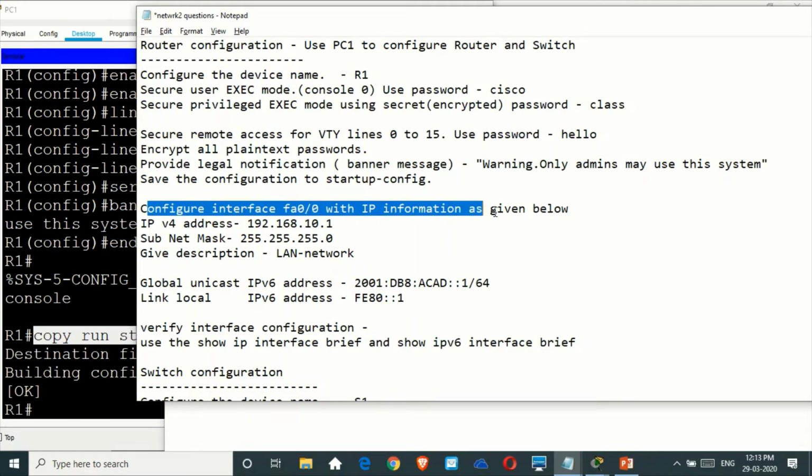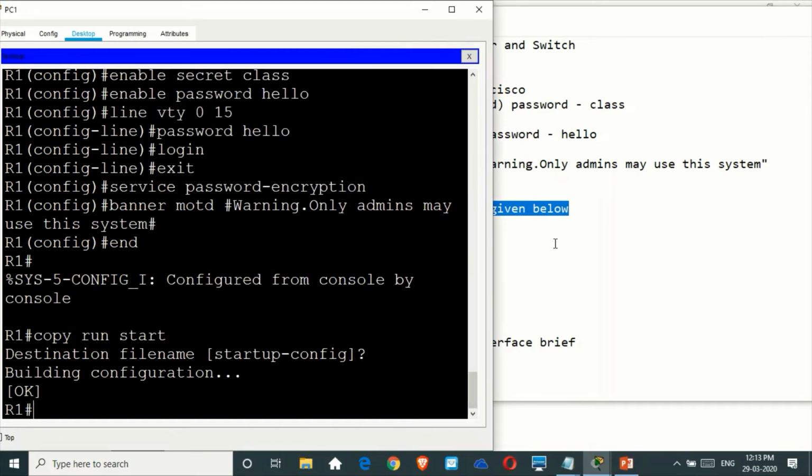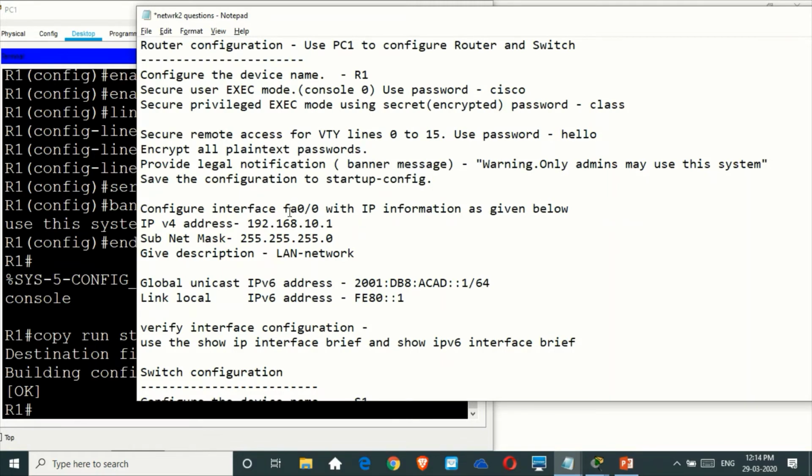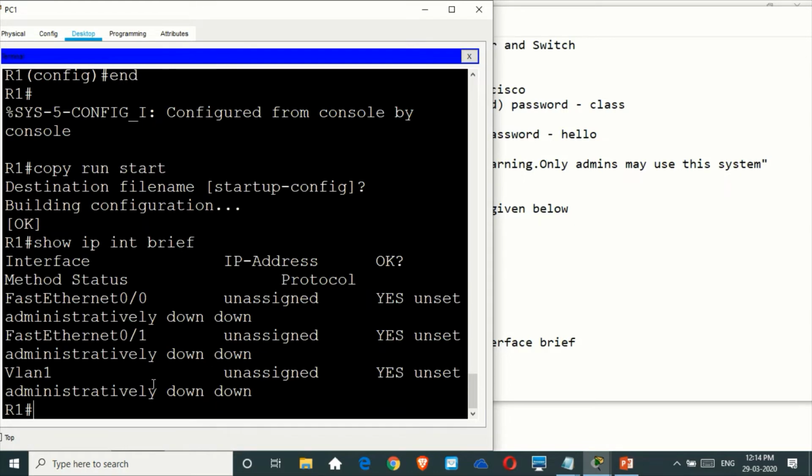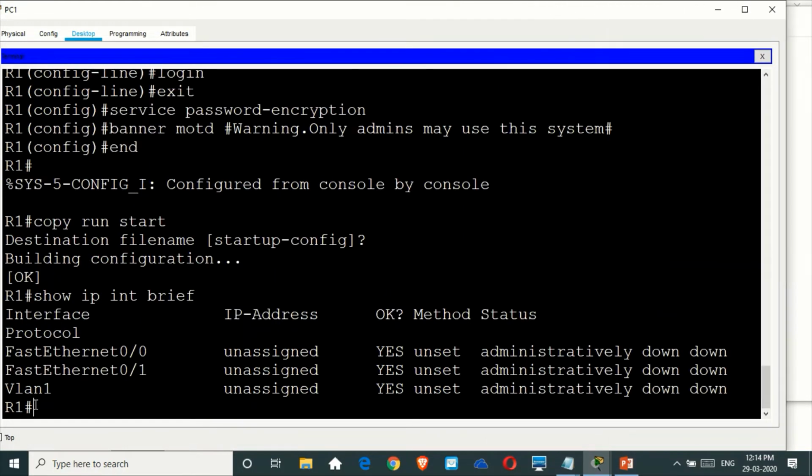Now you have to configure interface FA0/0 with IP information as given below. First of all, we have to check whether this FA0/0 is available or not. For that, you can run the command show ip interface brief. It will show you which interfaces are available in this particular device.